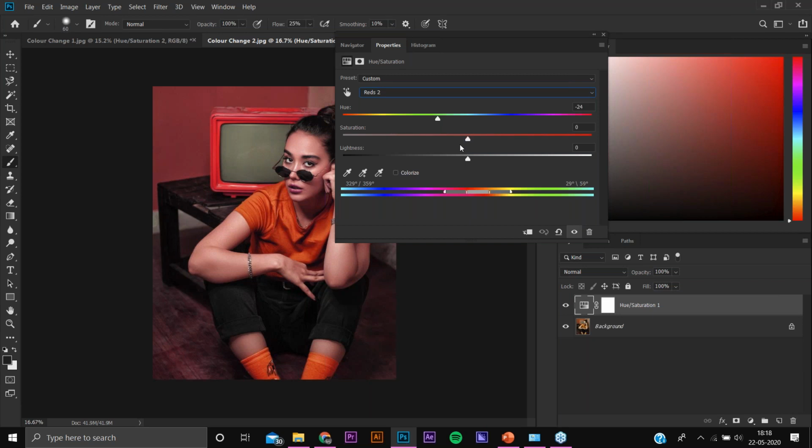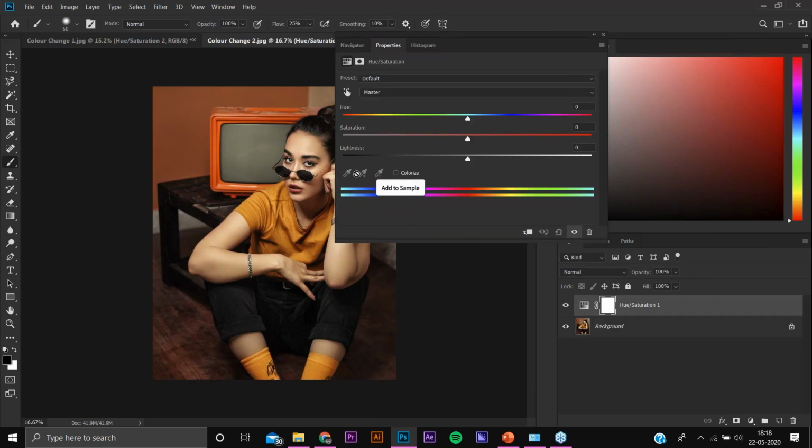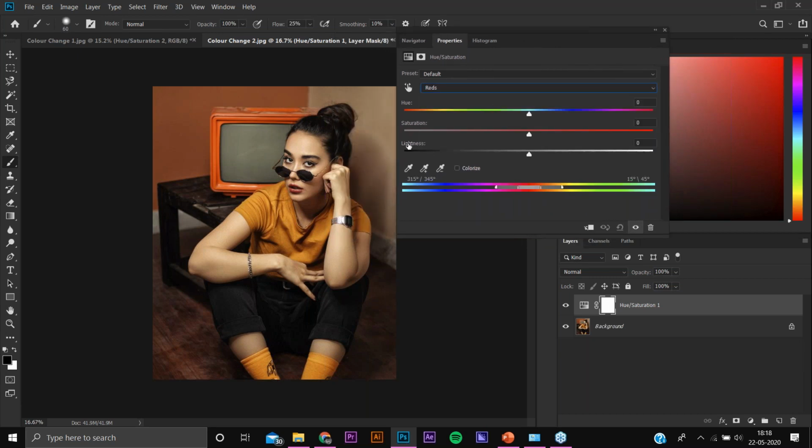So to avoid that confusion which is created, if we have to select the next color of yellow color, then it would be a little bit difficult task. So it's generally preferred to use the color which is selected. Now I will be deleting this, again regenerating new hue saturation there. So now I will be selecting the reds and moving forward.